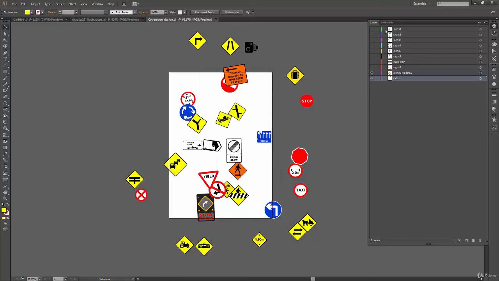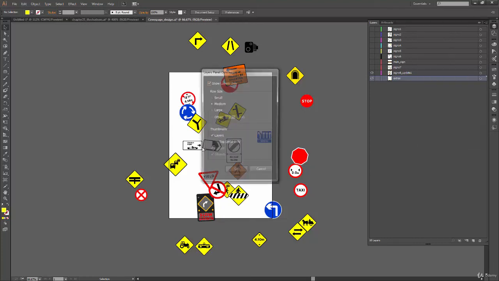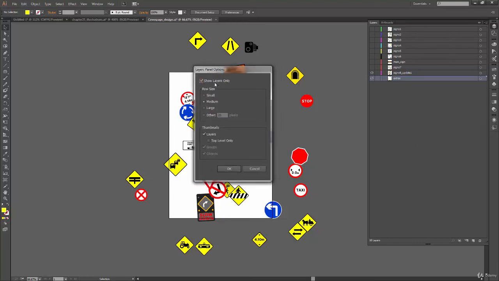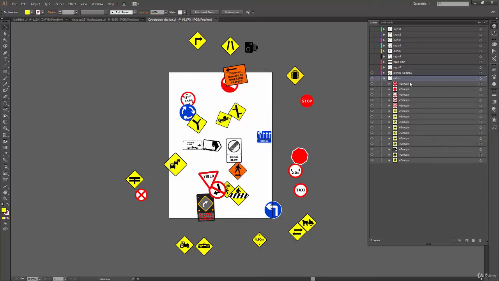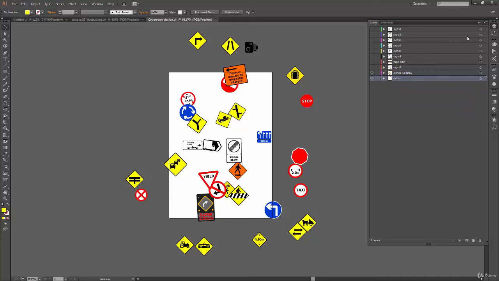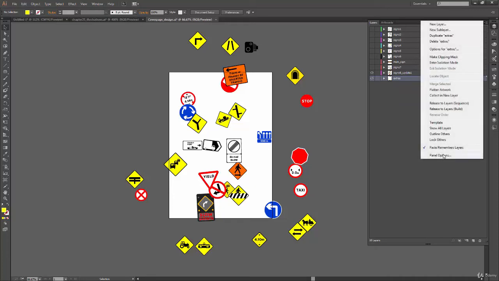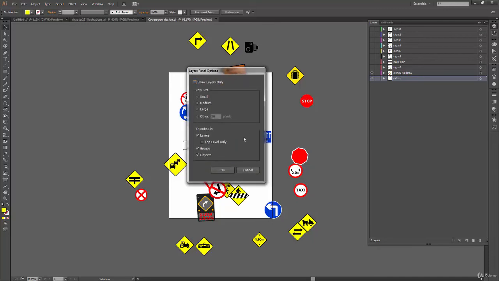Now you can see all those right-facing arrows are gone because we told this window to show layers only. Now it is not showing any groups, any compound parts, any shapes, anything. So when we uncheck it and press OK, now we have all the shapes and groups available. I mean, it was still available, but it was just not showing in the layers. So it all depends on you. If you want to keep it clean, you can check this. But if you want to have all your information in the layer panel, then just uncheck it.